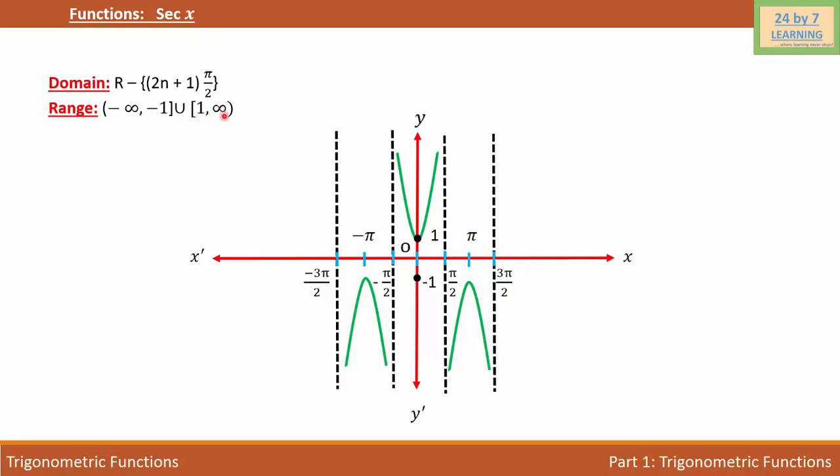And we can also write it another way as R minus the interval from negative 1 to 1, because we are excluding these two values, negative 1 and 1, because secant is not defined between these two values, or we don't have any value of the secant function between negative 1 and 1, and that's why it's not part of the range. In other words, we can say that the range of the secant function is all the real numbers except the values that lie between negative 1 and 1.